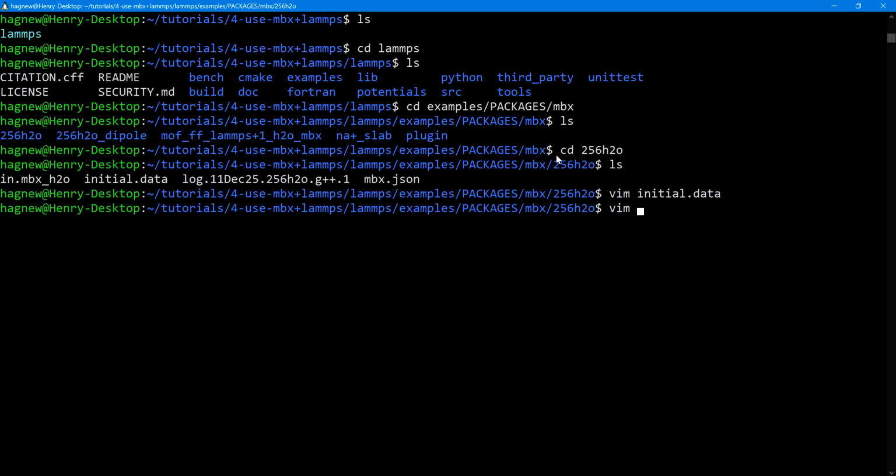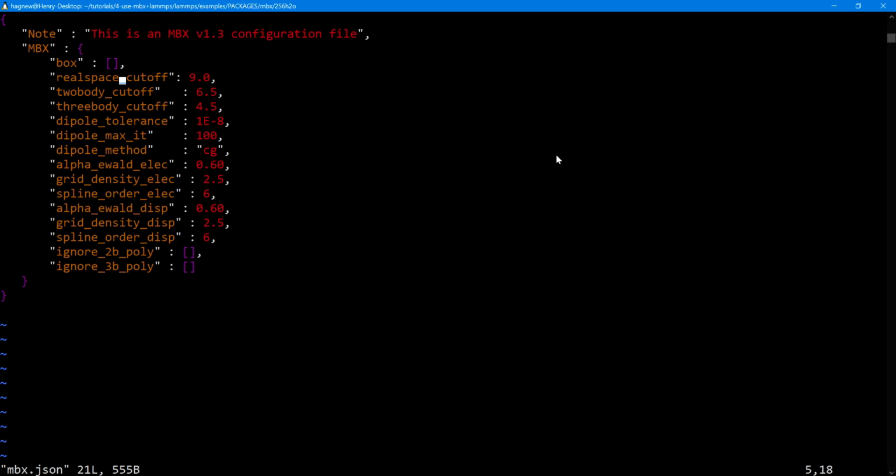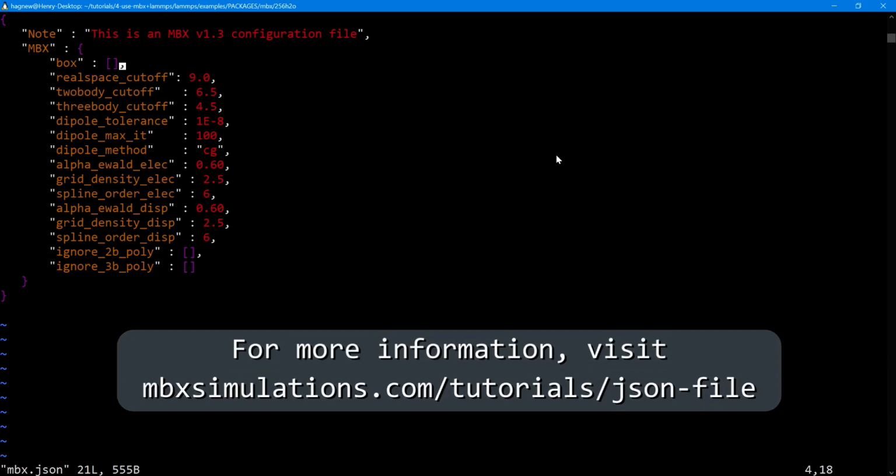Okay, next up is the mbx.json. We've gone over this in some of our previous tutorials, so I'll just highlight the ones most important for MBX plus LAMMPS. At the top, notice that we do not need to specify the box for MBX plus LAMMPS. This data is instead held in the initial.data file that we just saw. If you are running a periodic system, you'll need to check that the real space cutoff is set to something like 9, and that the alpha Ewald elec and alpha Ewald disp are set to 0.6 when using periodic boundary